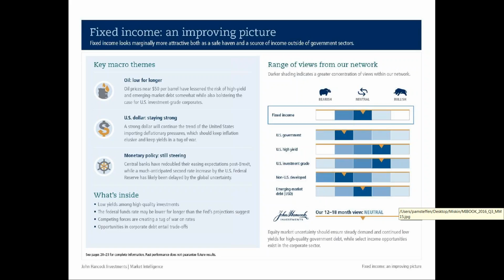The problem is that the fixed income markets are extremely low yielding right now, and it's hard to get returns there. So parts of the market that we do like are U.S. high yield. We're tapering that a little bit here in the next book, so we'll say that it should be more on your policy weight in our view, and that investment grade corporates are something that we do like. Overall, again, we would be at your policy weight of fixed income. The reason is that it is a nice buffer in backdrops of volatility, and we think that it could come in very important for your asset allocation.